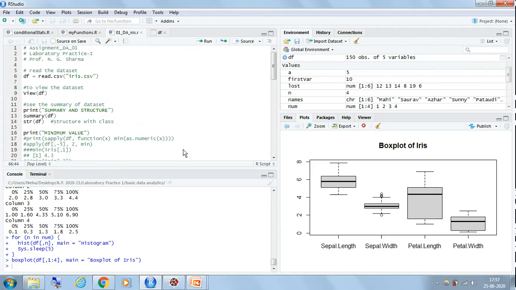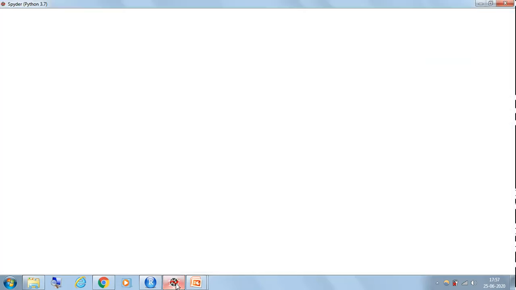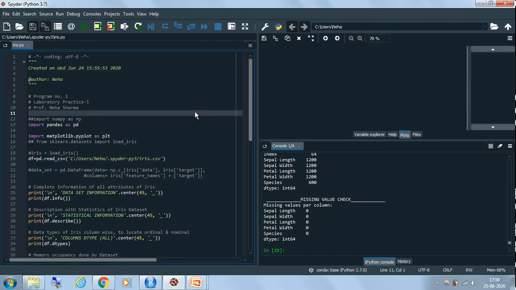So this is how you have to do it in R. Then we'll also quickly run through the code of Python to do the same thing. I have already done it for you. I'll simply run it. So import pandas as pd. Pandas is a library that you use whenever you want to deal with data frames. Import matplotlib.pyplot as plt. Matplotlib you use whenever you want to use plots, okay, and plt is an alias that we are going to create, that we will need.